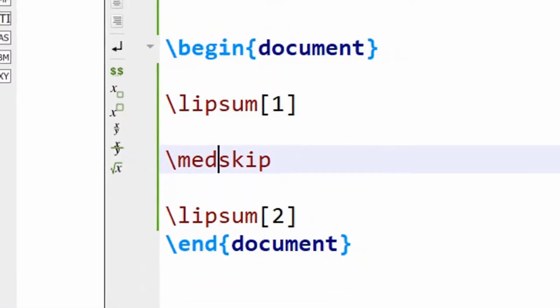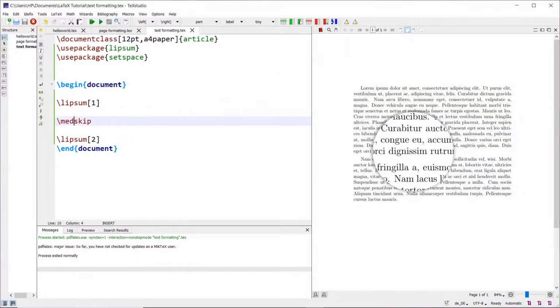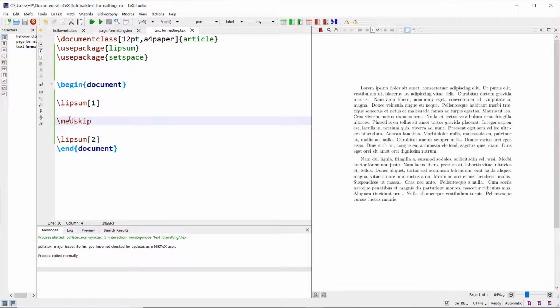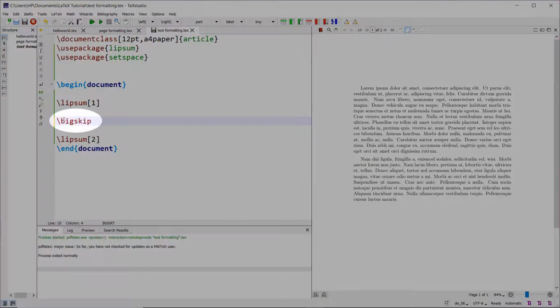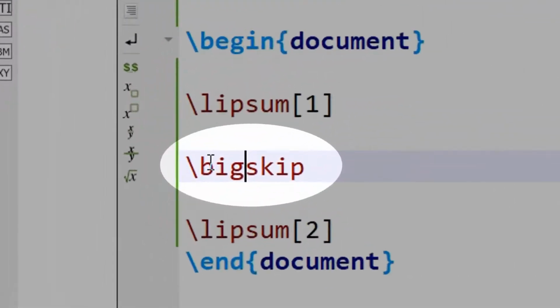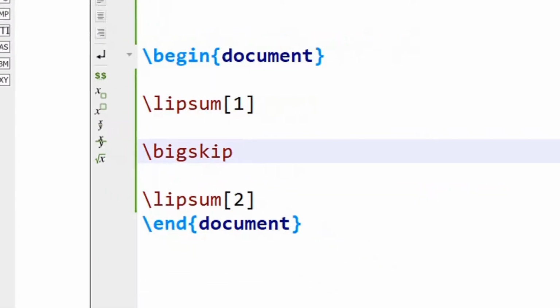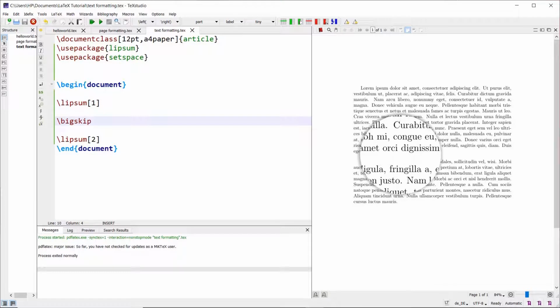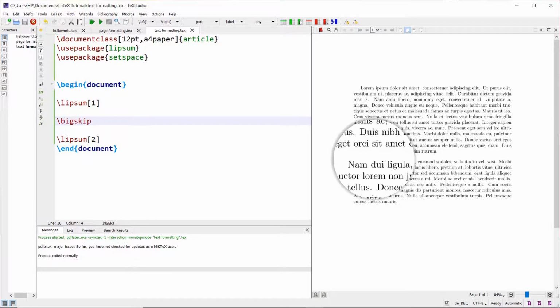You might notice the difference between these two paragraphs has been increased with a small amount. After medskip, we have bigskip. You will notice again there is one additional space that got introduced compared to medskip with respect to bigskip.